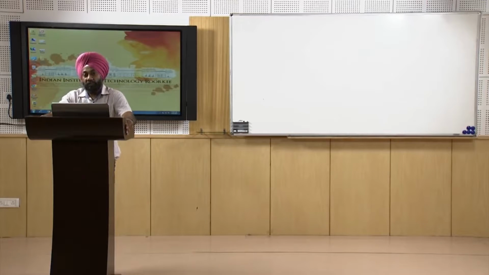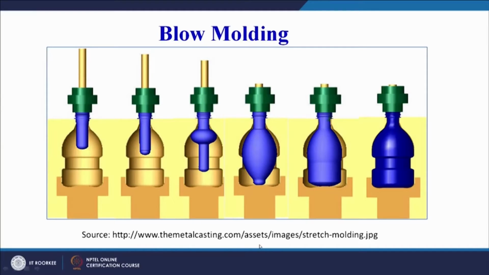So here you can see another 3D diagram, which is much more explanatory as compared to the previous one. The source, metalcasting.com, is given on your screen. They name the process stretch molding. So I think the basic principle remains the same. This blue color is the raw material, called the Parison, and through this section we will have our pressurized air. So this is the first stage.